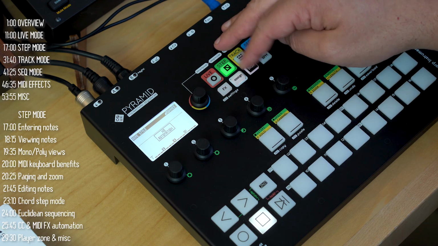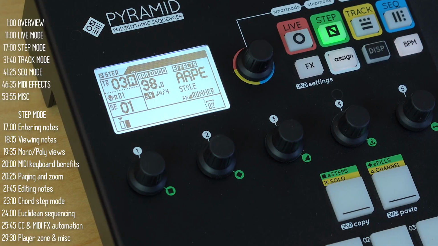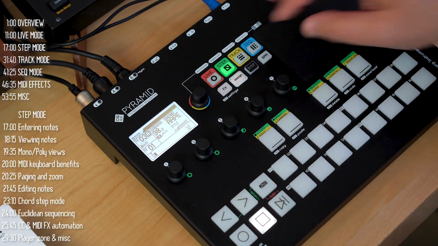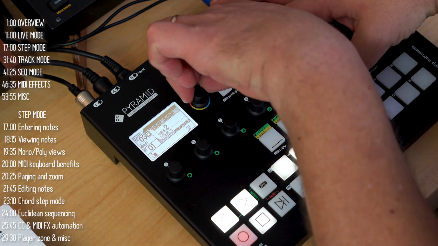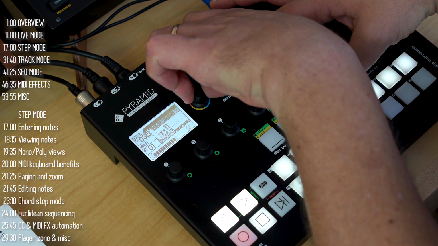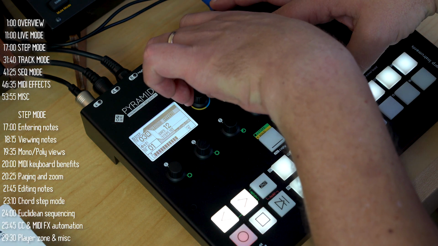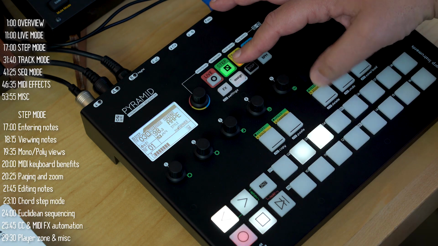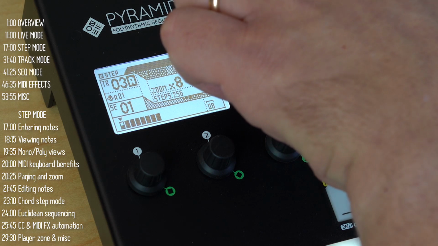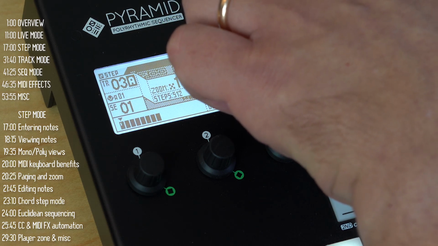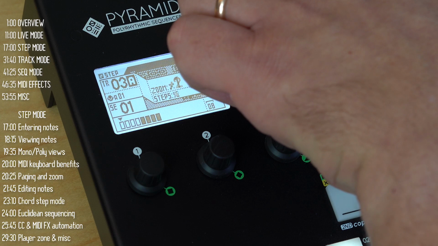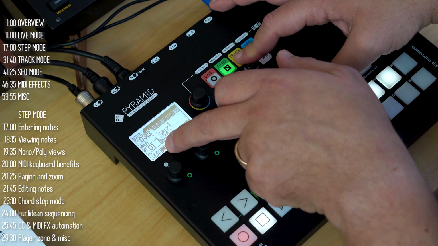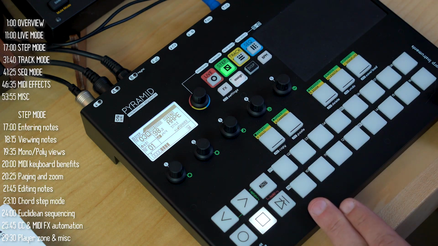Okay, a few more miscellaneous items about step mode. The first is this bottom part of the screen, the track player zone. You can see that as I increase the track length, bars are added, and black bars mean that that's the total length of the pattern, whereas the white bar represents the zoom level. So as I zoom in, you can see I'm looking at portions of one bar. As I zoom out, I'm looking at more active pages or active bars, which are represented on this grid here,